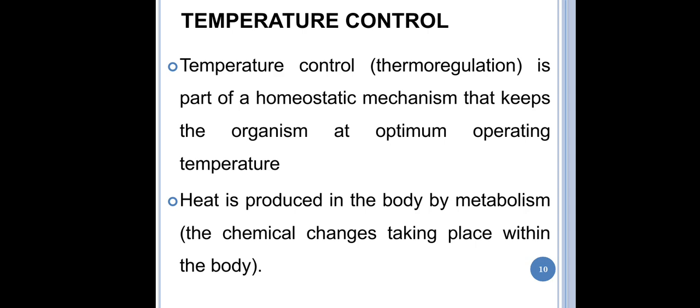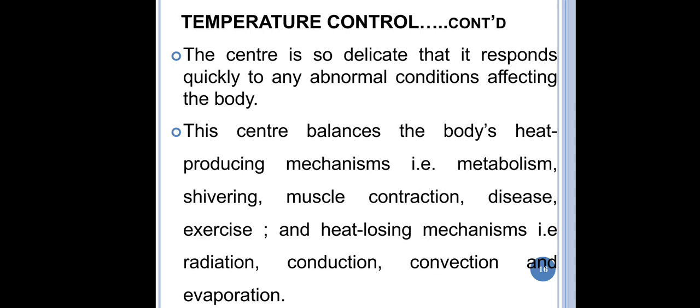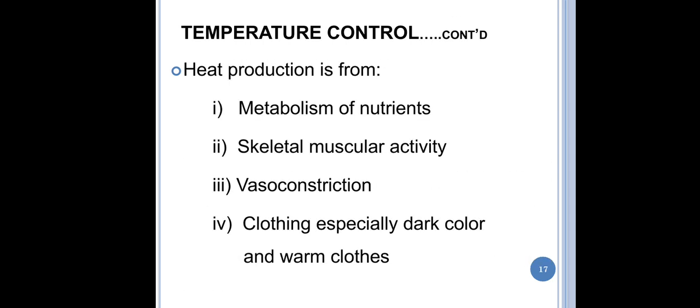So of course, it's also very important to talk about thermal regulation. It's just a homeostatic mechanism that keeps the organism at optimal operating temperature. Now this thermal regulation looks at factors like heat production as well as heat loss. So thermoregulation is just looking at the fact that the body regulates what is lost and what is being gained. So heat production is from metabolism of nutrients, skeletal muscle activity,